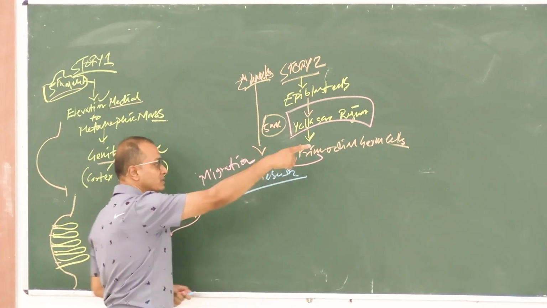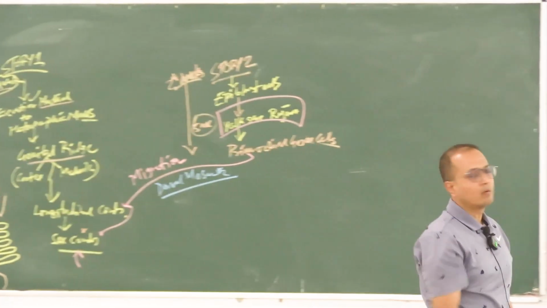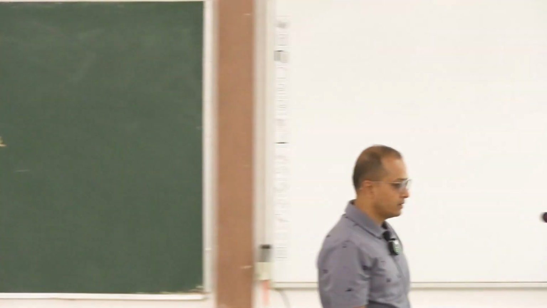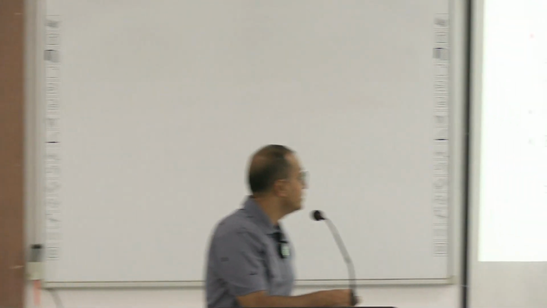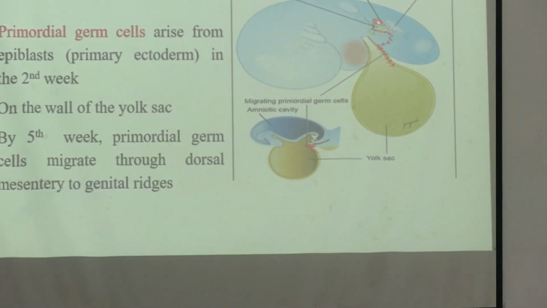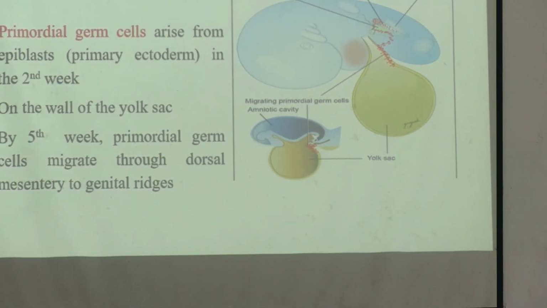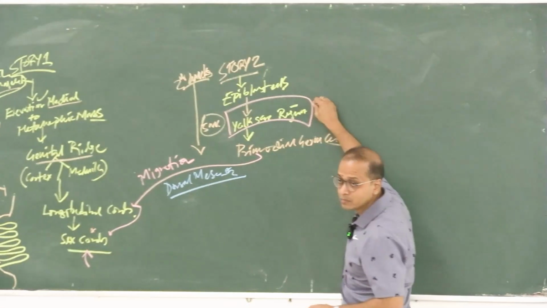So the red dots that you are seeing here are moving from this particular yolk sac region, and slowly they are moving towards the region where the genital ridge is formed. See the red dots moving and getting into this region. So these are all points which are MCQs for us, where the primordial germ cells are